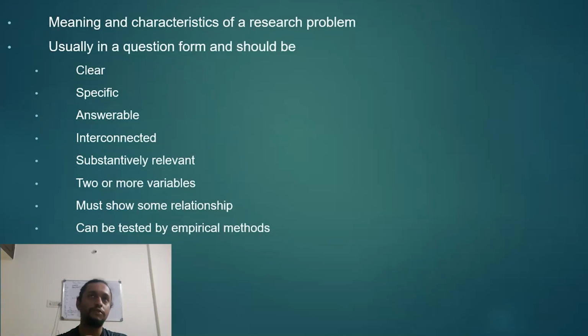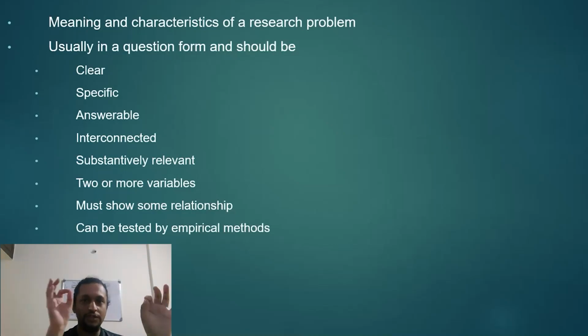A lot of times I notice that for research problems, people write paragraphs, right? Then that's not a problem. That's a description of a problem. The research question is very simple. This is what I'm trying to find, right? And I don't know the answer to it. That's the basic fundamental of it, right? It needs to be clear cut, saying this is the question.